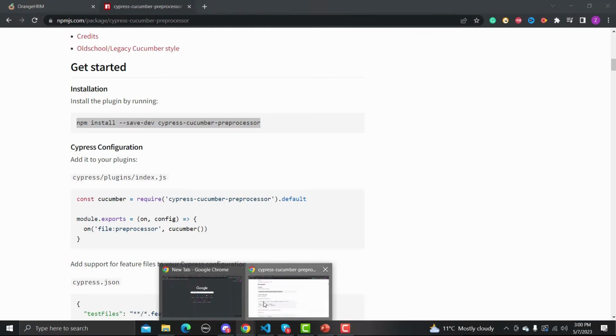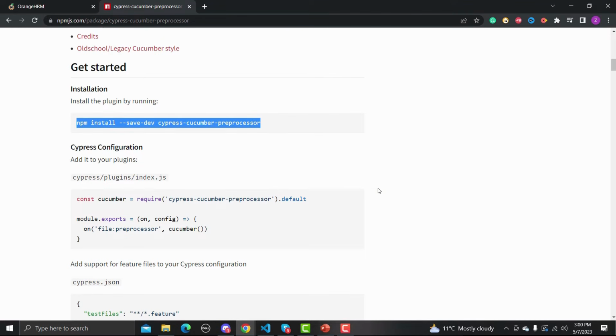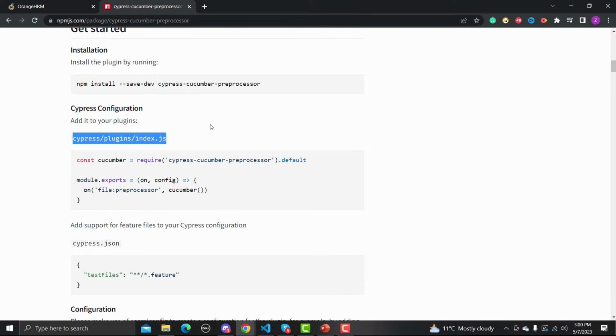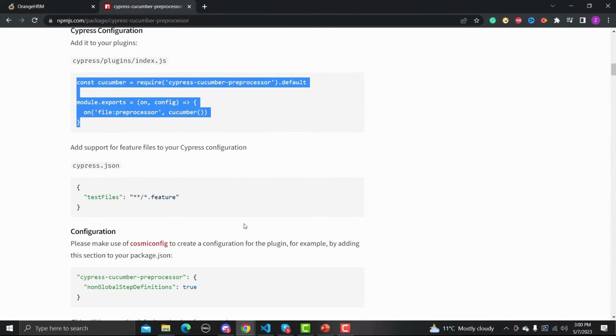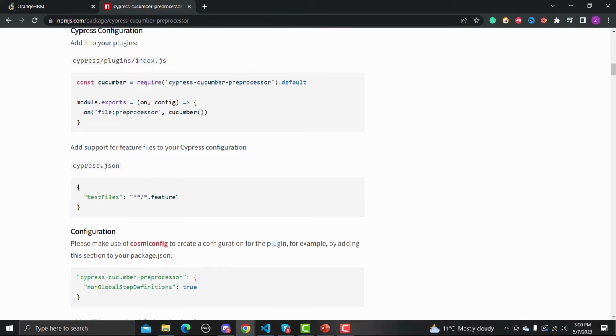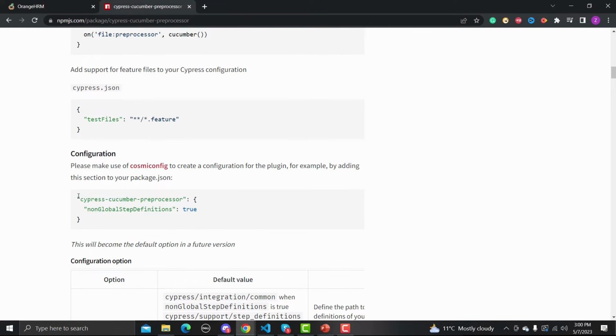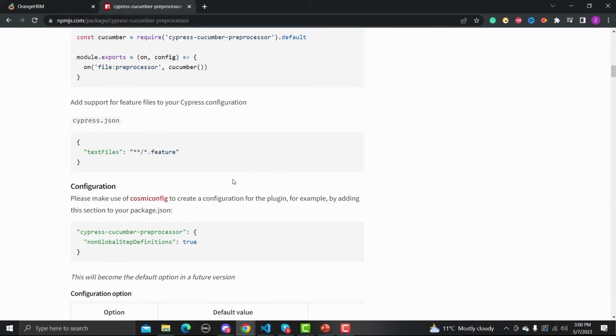So if I go to the browser again here, let me show you here. In our Cypress plugins index.js, we need to add this code. Then further, we need to add this code in our Cypress.json, and we also need to add this one in our package.json, right?